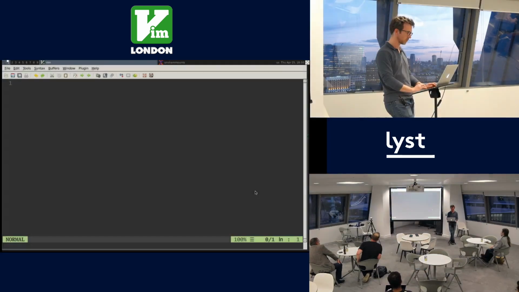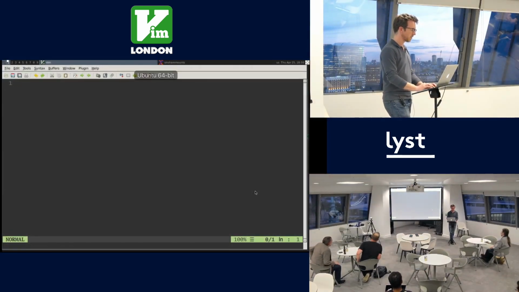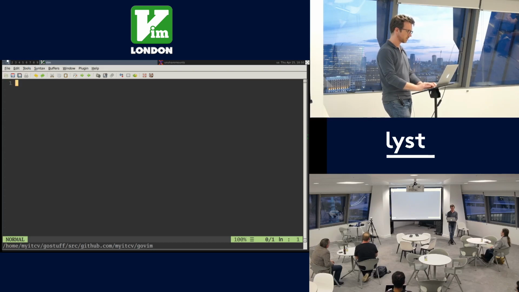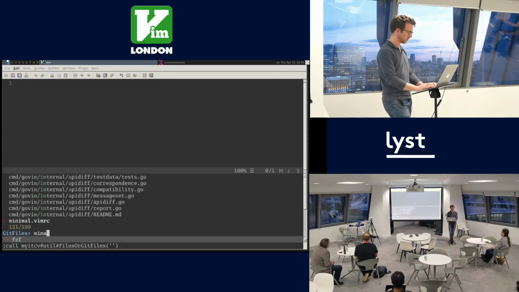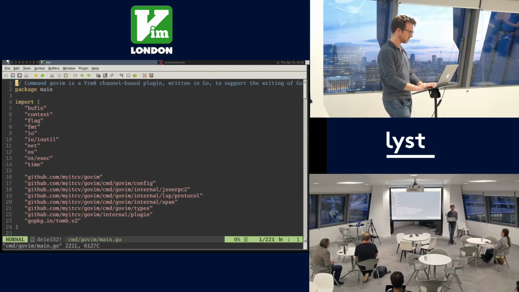And so, without further ado, I'm going to quickly skip to a demo here. I'm using gvim for my demo. I don't actually use gvim, I just use Vim in the terminal, but for a demo it's just a bit nicer and easier on the eye. I'm actually in the root here of the govim code itself. So let me just open up